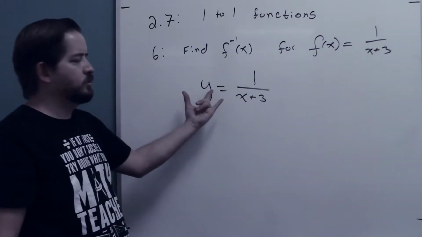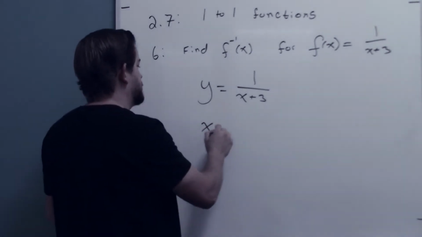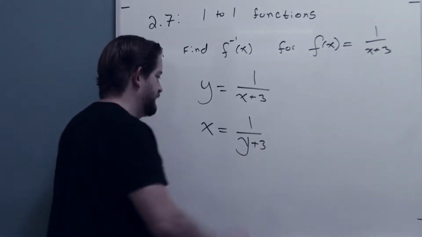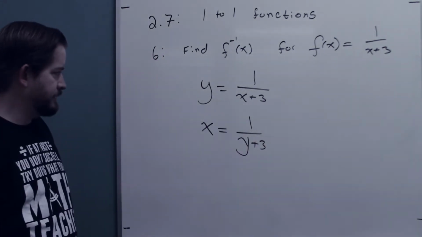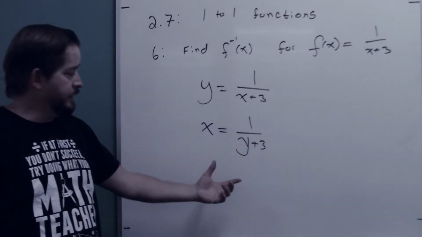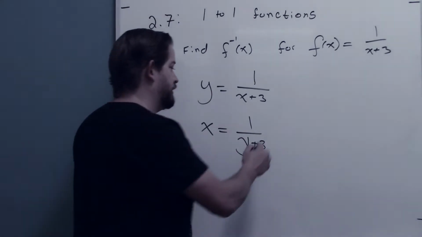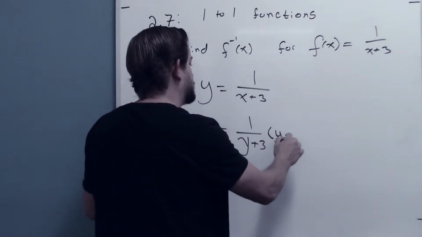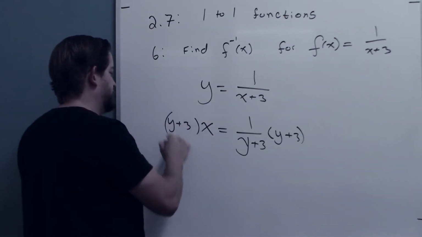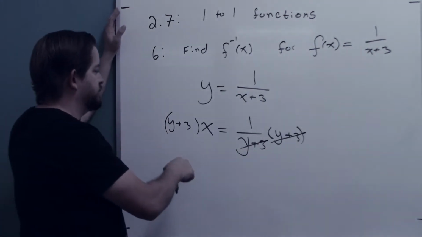And then swap. The y becomes an x, the x becomes a y. So x equals 1 over y plus 3. We can buy that that's a y, right? And then solve for this y. And to get this y out of this denominator, I have to take this entire binomial out of the denominator. That is to say, I have to multiply both sides by y plus 3. The y plus 3 cancels, so I get this y plus 3 times x